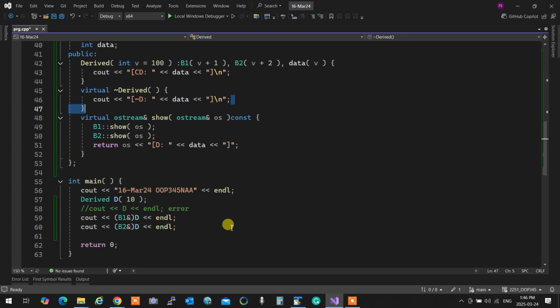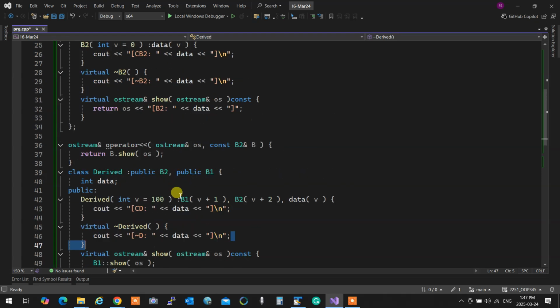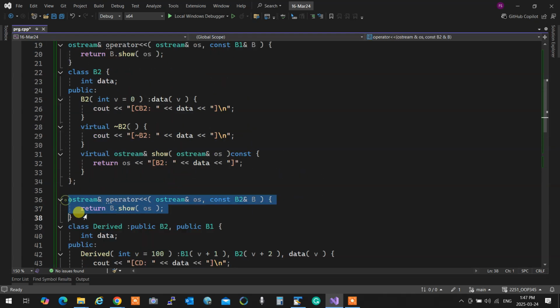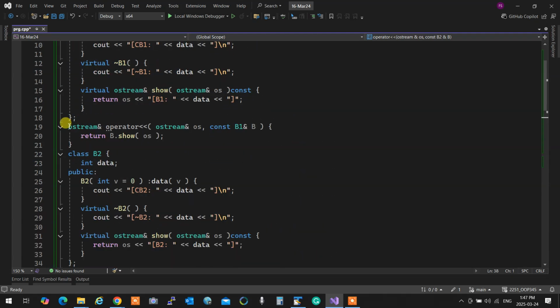In the program running over here, if I have a derived D and I say cout D, because I did not overload anything to show D, it's going to cause an error. Because I have two different operator overloads for B1 and B2.